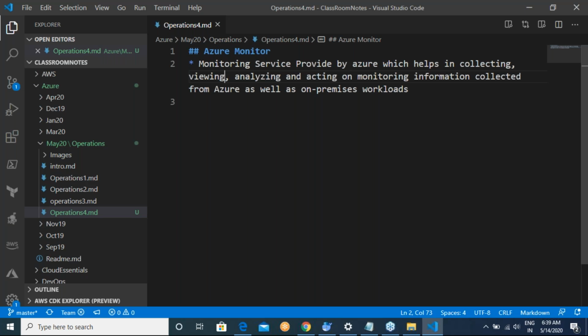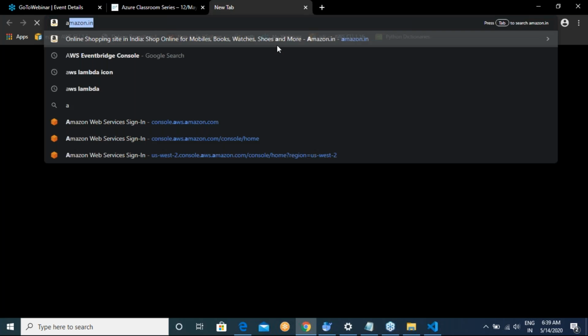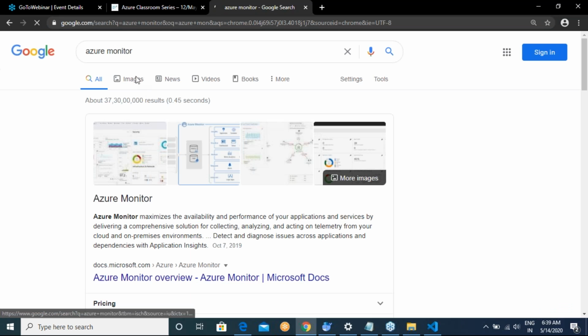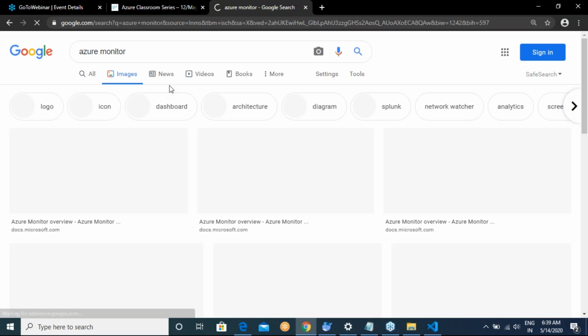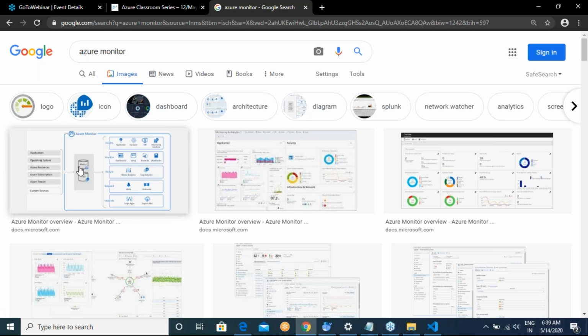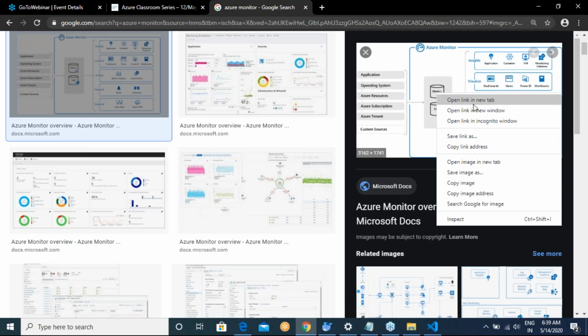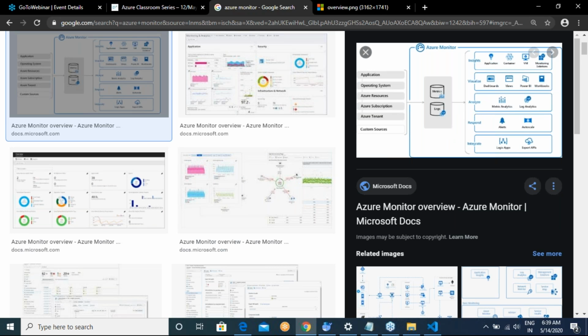There are many different activities which come into play, but there is one important image we cannot separate Azure Monitor from. Let me open the Azure Monitor image in a new tab.